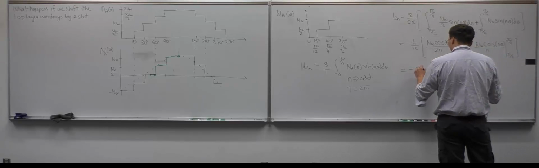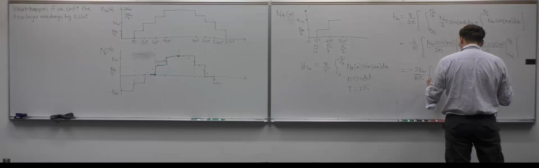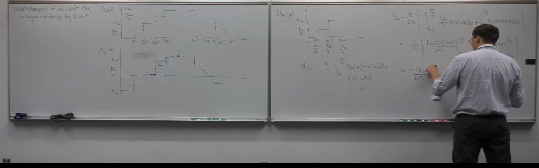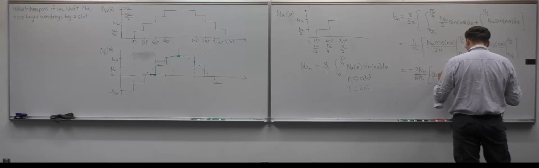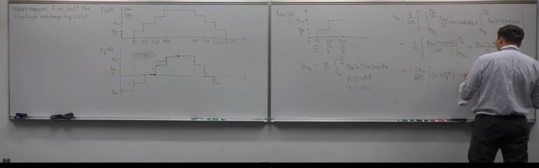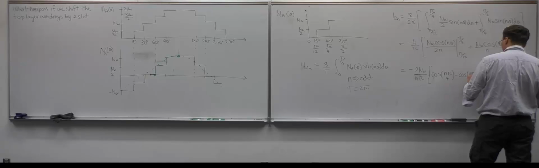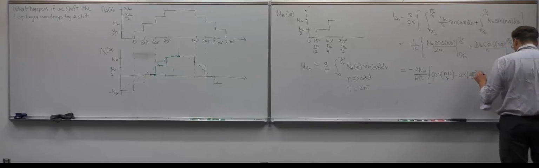So we have 2NW divided by n pi, and then the first term is cosine n pi over 4 minus cosine n pi over 12, okay, plus